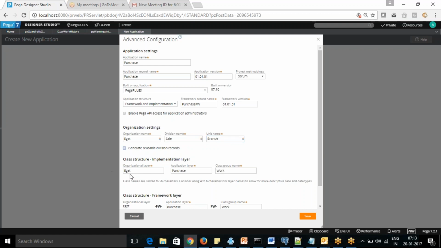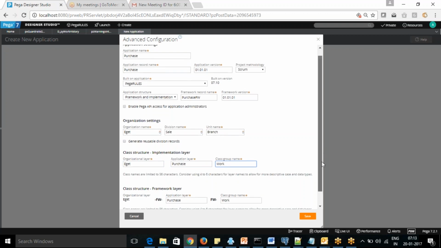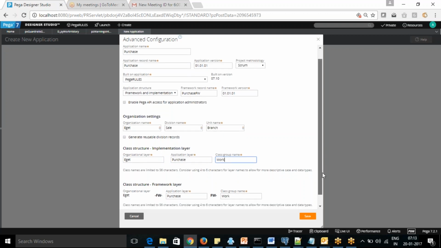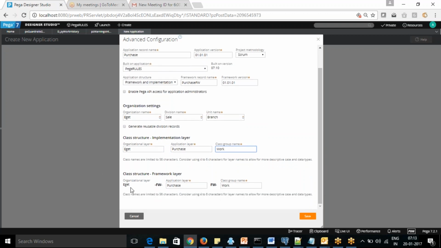And this is the class group implementation layer. It will be eGate, then the application and work group name. So that's the way it will be your implementation. And the framework layer always creates with the organization name, FW, the application name, again with FW, and work.